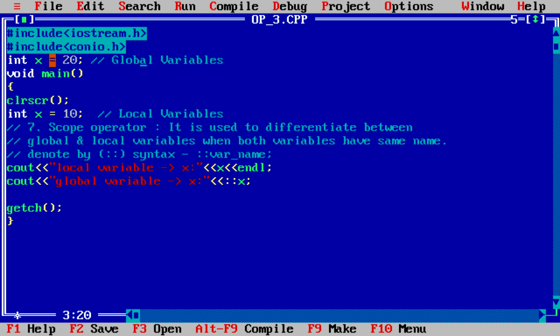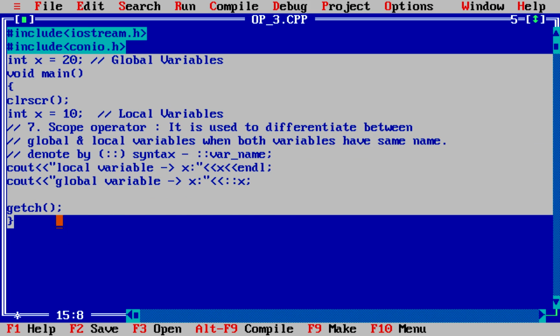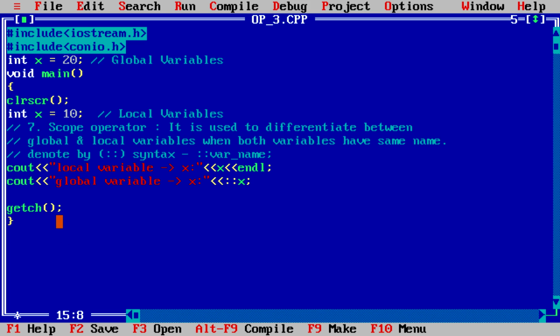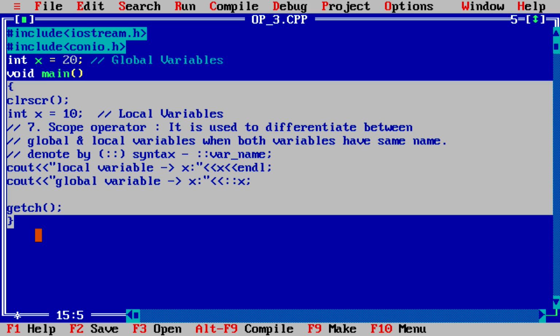But a global variable is a variable whose scope is throughout the program. Here int x equal to 20 is a global variable because its scope is throughout the program. If I declare multiple functions in this program, then I can use x equal to 20 in every function, but we can't use x equal to 10 in those functions because its scope is limited between this brace to this brace.